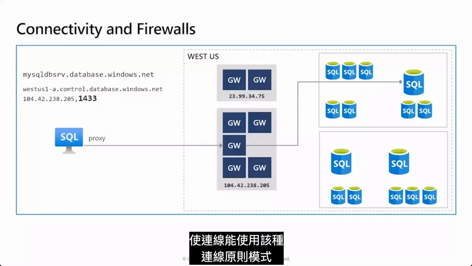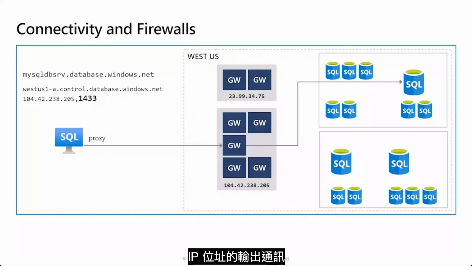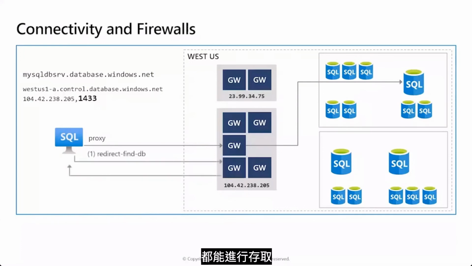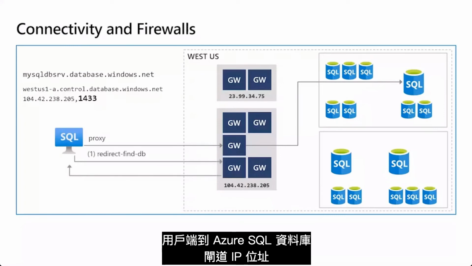Now, for connections to use this kind of connection policy mode, the client needs to allow outbound communication from the client to all Azure SQL IP addresses in the region on ports in the range of 11000 to 11999. We can also use service tags for SQL to make this easier to manage. And so service tags is essentially a group of IP address ranges that's specific to a particular Azure product or service. Now, it also needs to allow outbound communication from the client to the Azure SQL Database Gateway IP address